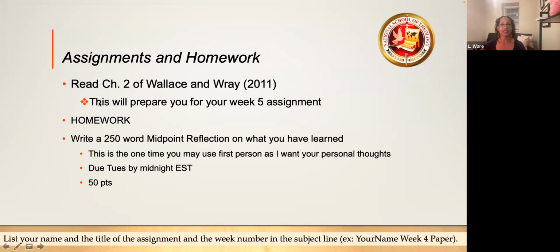I added a funny little bullet here because I want you to notice this chapter is going to help you with your week 5 assignment. Okay, if you want to go to your syllabus and look at your week 5 assignment, it is a very good assignment to teach you all how to do your research and how to prepare and how to analyze what you read and how to select what you read. This is all about selecting material you should read. Read this chapter. It will help you, okay?